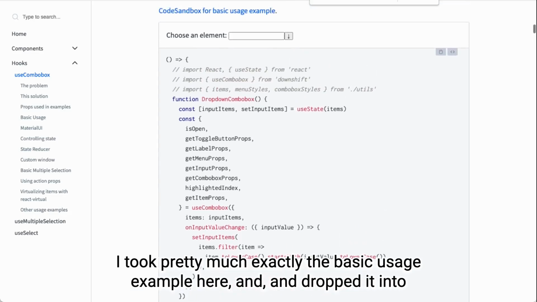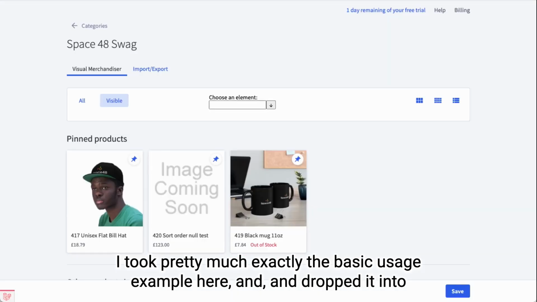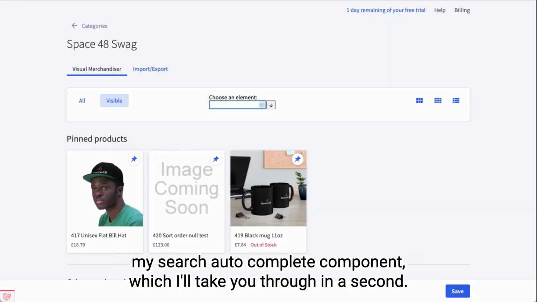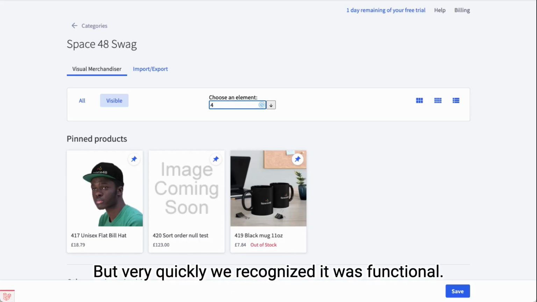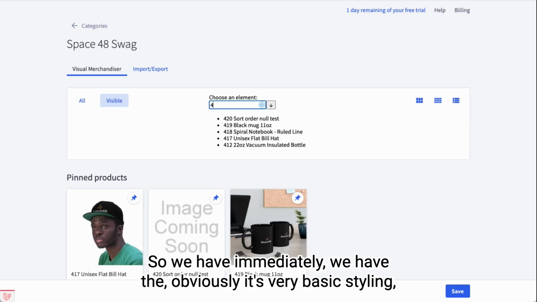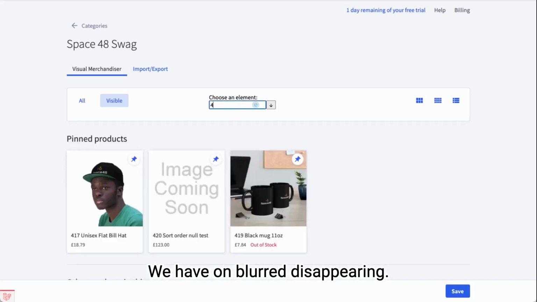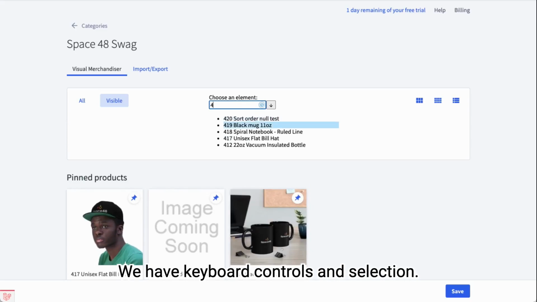I took pretty much exactly the basic usage example here and dropped it into my search autocomplete component, which I'll take you through in a second. But very quickly I recognized that it was functional. Obviously it's very basic styling, but we have hover over for mouse, we have on blur disappearing, we have keyboard controls